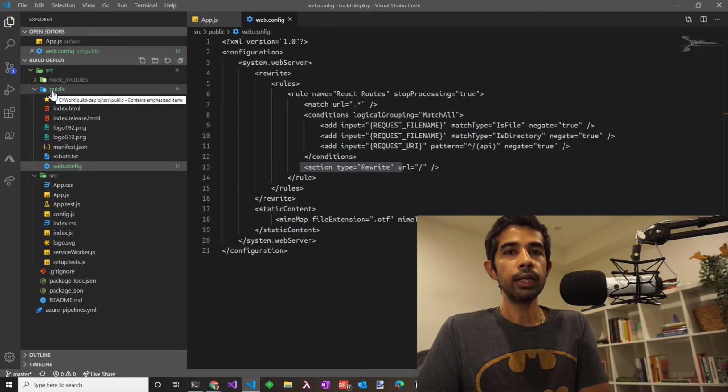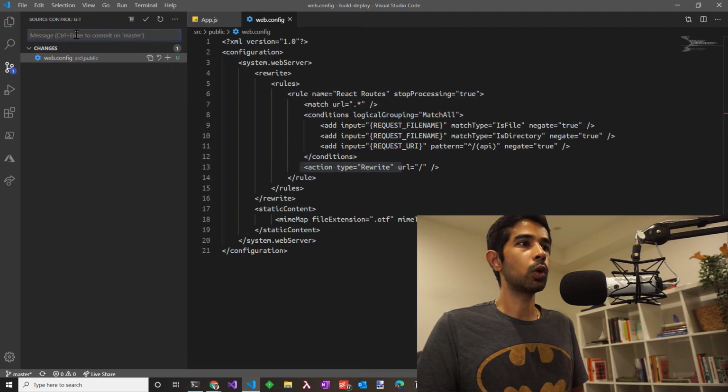The npm build task on Create React App bundles up all the files under the public folder. This will include the web.config that we have just added, and it will place it in the root of the website. This will cause IIS to pick it up and override the configuration. So let's see if this fixes our issue. Let's push up this code into the repository and trigger off a new build.